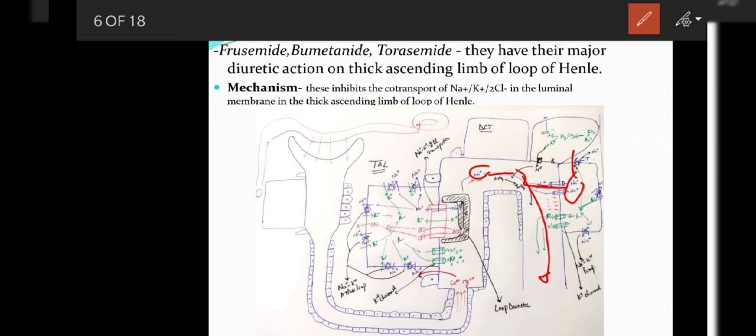Now, this sodium will be taken up by these sodium potassium ATPase pumps present on the basolateral side, and these will push this sodium outside into interstitium and will pull in 2 potassium ions inside the cell. Now these principal cells of the collecting tubule will become rich in potassium ions. Now these potassium ions will move through these leaky channels into the lumen, and there will be not only natriuresis or diuresis, there will also be kaliuresis. Kaliuresis is the loss of potassium ions. This is the reason why these drugs are potassium wasting diuretics.